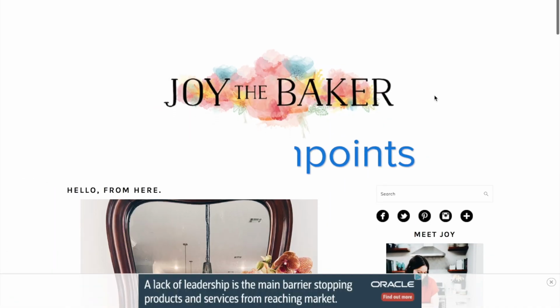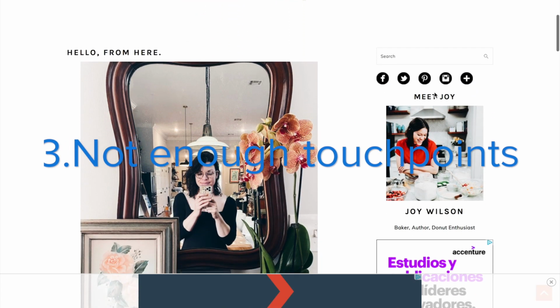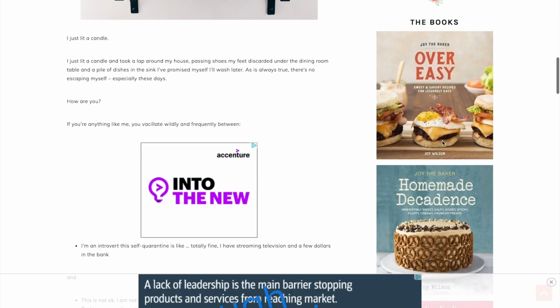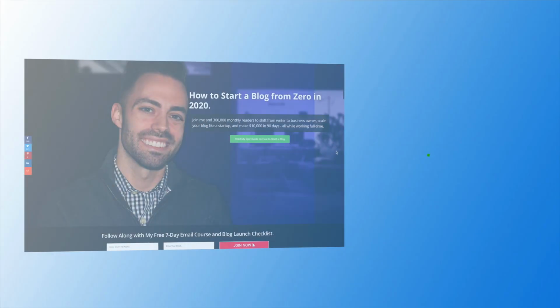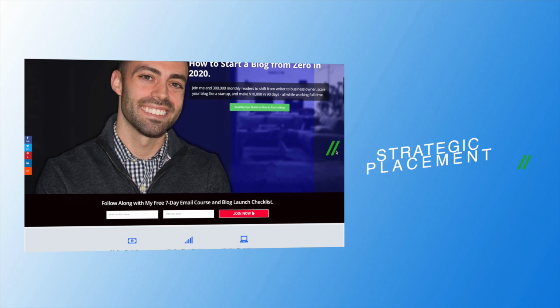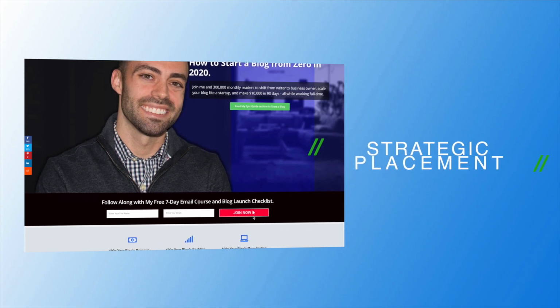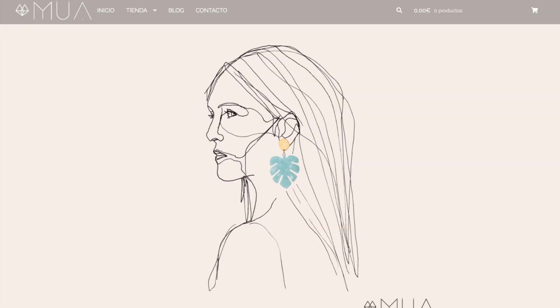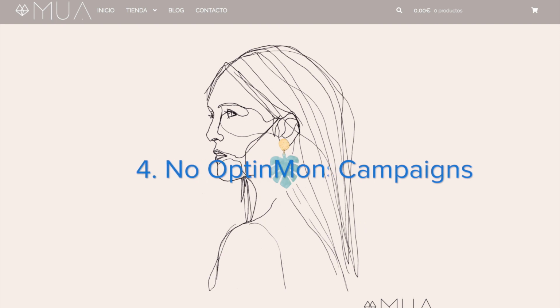Something we see frequently at OptinMonster is people not using their campaigns on enough touch points of their site. If you only have one exit intent pop-up, you're not going to see the results you're hoping for. Instead, you should strategically place your campaigns on your homepage, on your highest traffic articles, and anywhere your customers are leaving your site. It might sound silly, but a number of our customers never actually make the effort to get